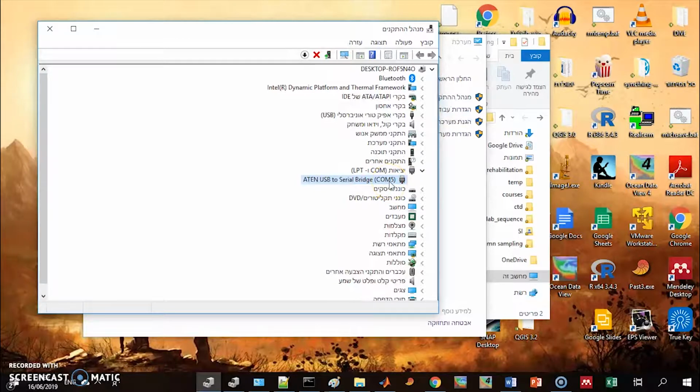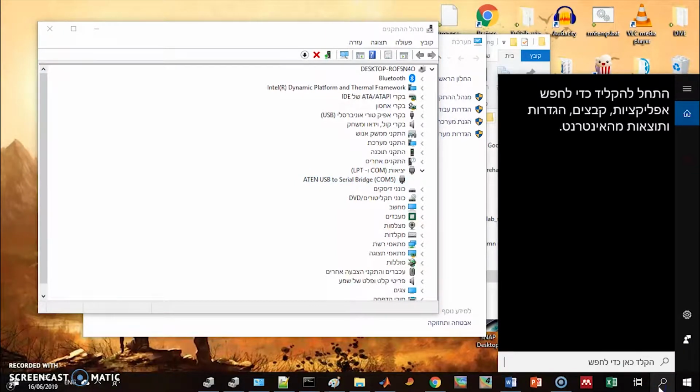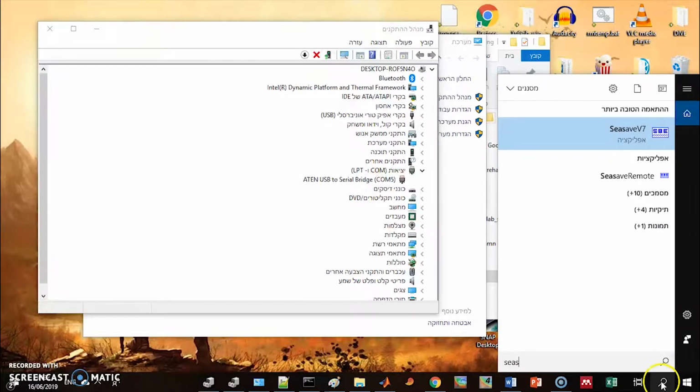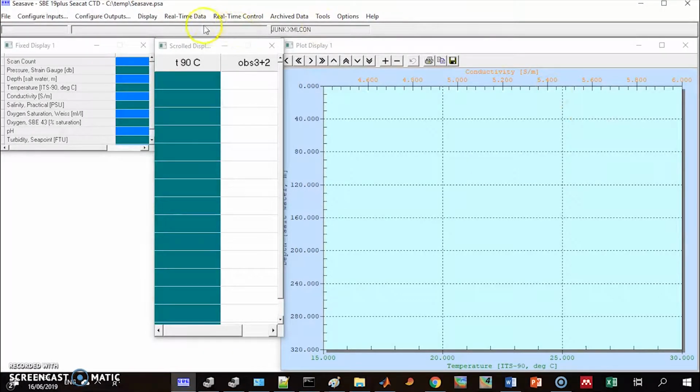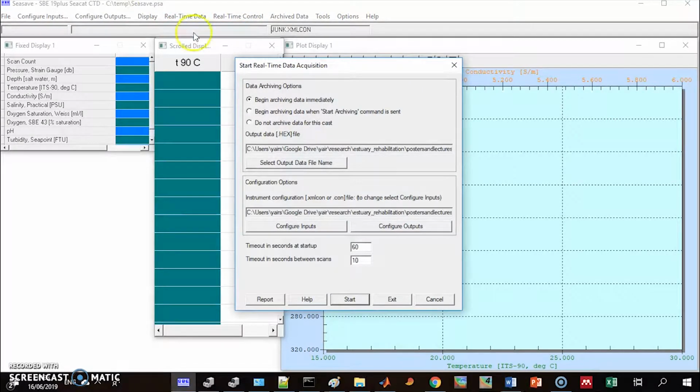I'm currently using COM5. Now I can go to the sampling software from the SeaSoft, which is called SeaSave, and I run it. It's going to take a few seconds, but we'll wait. Okay, and I go to real-time data, start, and what I do here, I can begin defining things for the sampling, such as, I always use this option,